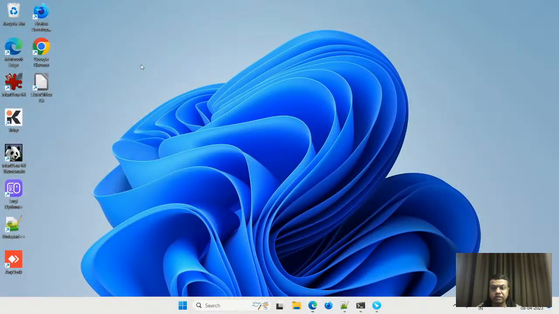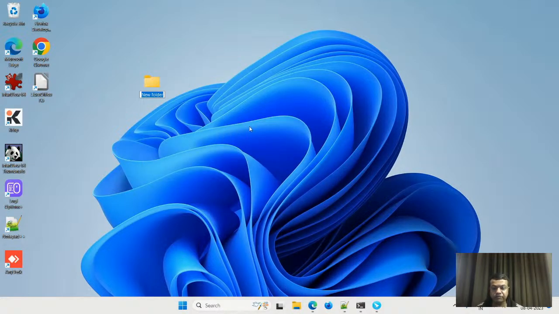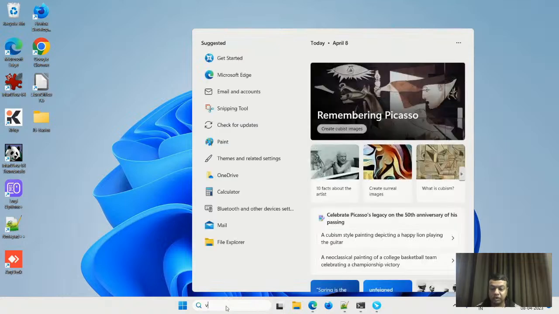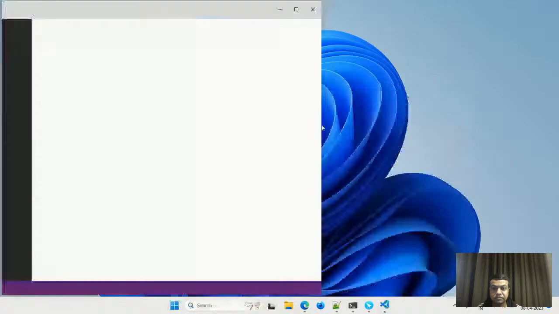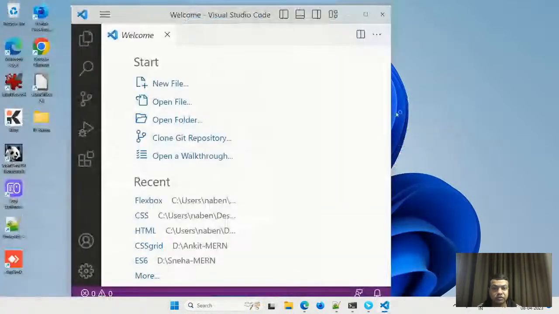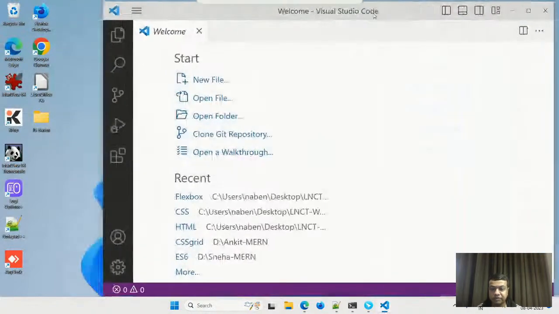Okay, so let's get started with JavaScript. And for JavaScript also, we are going to create a folder. It's better to create a folder and do JS basics. So I will open my VS Code. VS Code, Mohammed already taught you how to open and all those things. So in VS Code, we are going to start with JavaScript now.